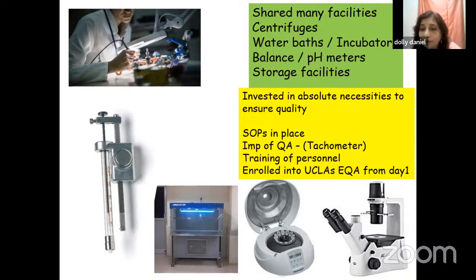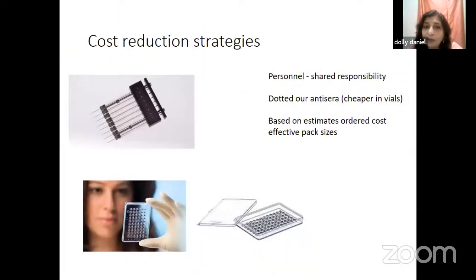So though we were doing very basic tests, and from Professor Briggs' timeline, I think we were about a decade behind very, very easily. We also invested in many cost reduction strategies. For example, personnel. So I was a junior doctor after my MBBS there at that time. I was a clerk, I was the storekeeper, and I was a technician, all rolled into one along with one